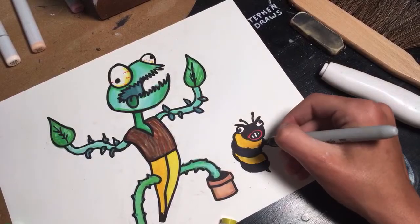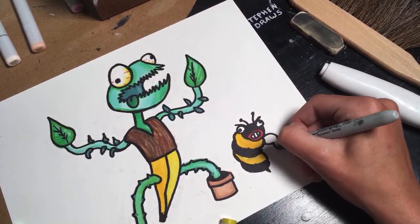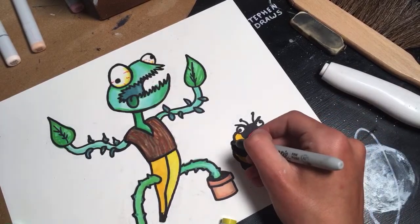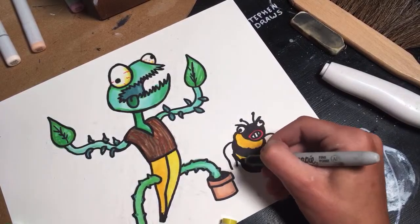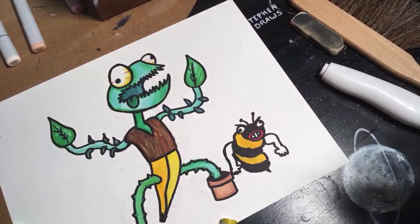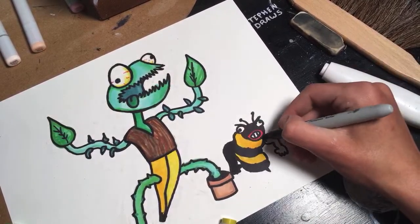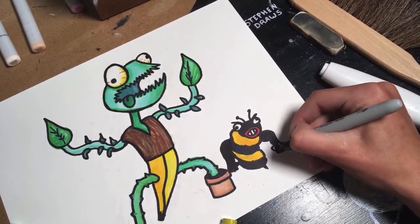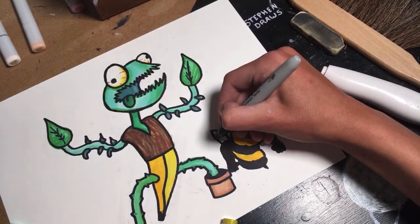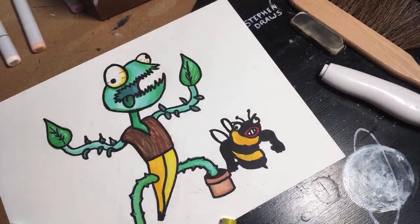Then he's got muscly arms. And then another muscly arm. And then I can... This is ridiculous. Oh, his arm will be black. Oh, he also needs wings. There. Isn't that a pleasant...